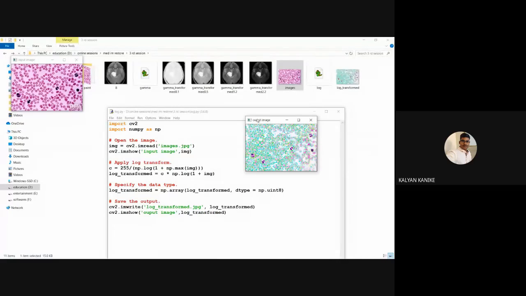Why? Because sometimes we will take a particular 256 rows and 256 columns. Here I have not used any resizer method. So pre-processing is also very important whenever we apply any technique.